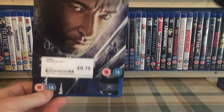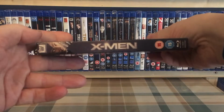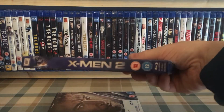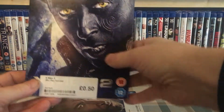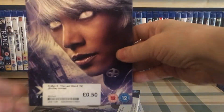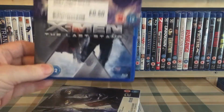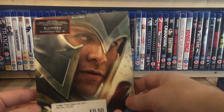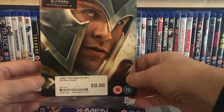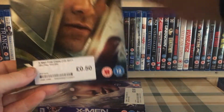X-Men, the original. It's just the standard Blu Ray inside with the HMV slipcover. X-Men 2, again HMV slipcover. That one was 50p. X-Men The Last Stand, once again the slipcover. X-Men First Class, again 50p. Just the standard inside, and